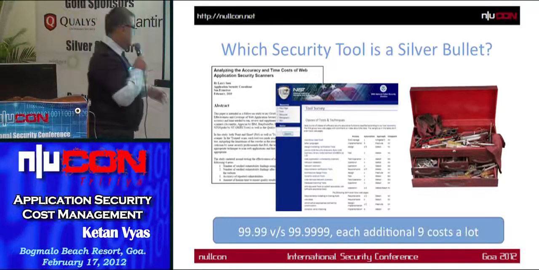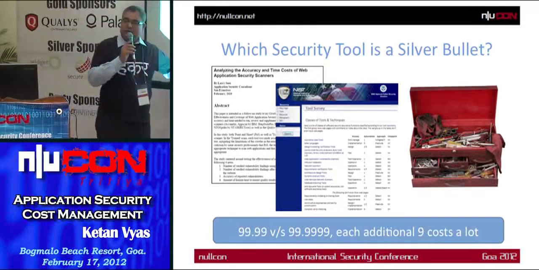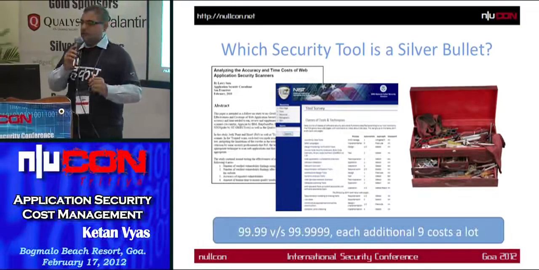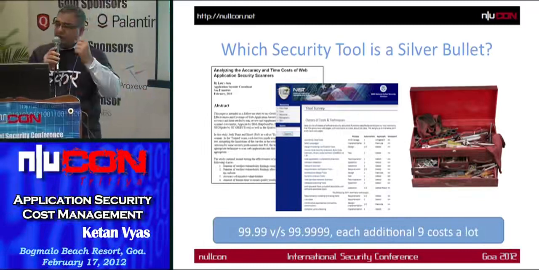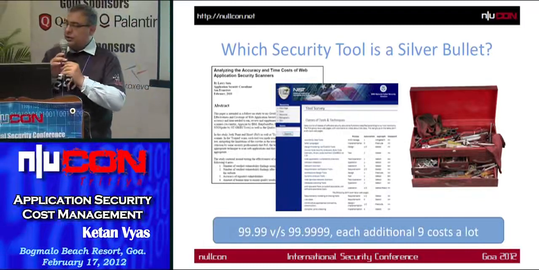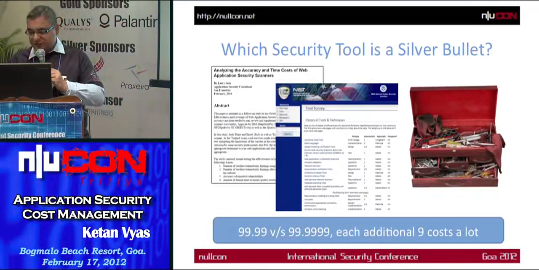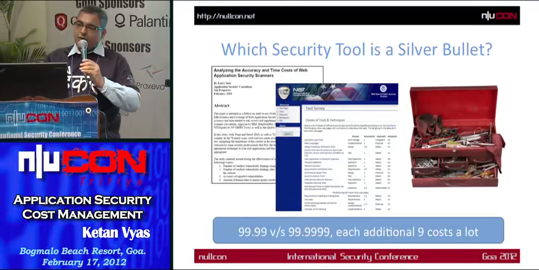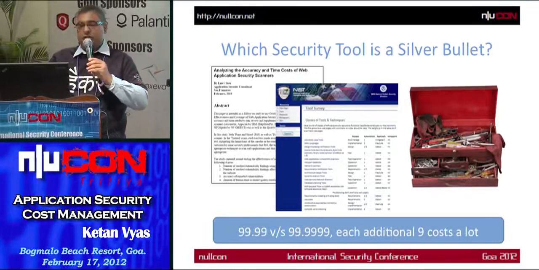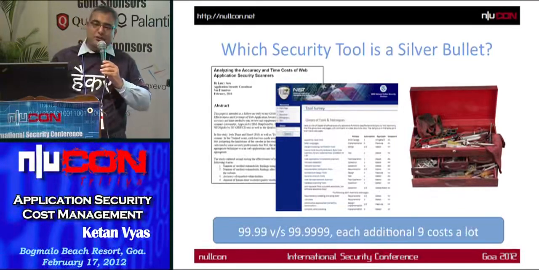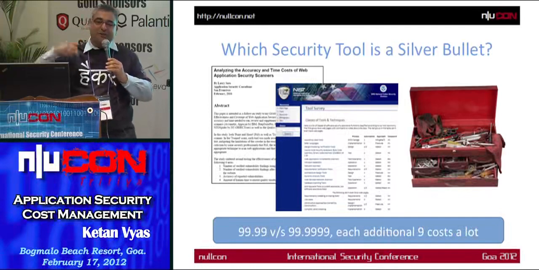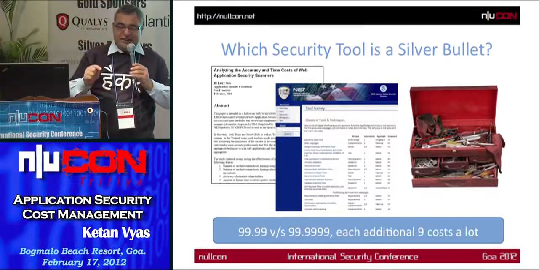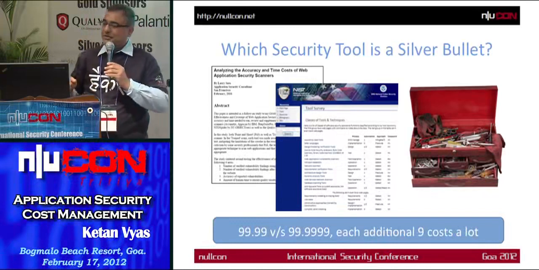The problem arises when you try to get a tool which provides you more accuracy, so fewer false positives and fewer false negatives. The moment you are looking for it, the cost increases. So at that time you need to take a decision whether you need a tool or a human being. In many cases a security consultant proved to be cheaper than using the tool, because at the end of the day you will have a lot of false positives coming up and somebody needs to sit and analyze: okay, this is applicable, this is not applicable.